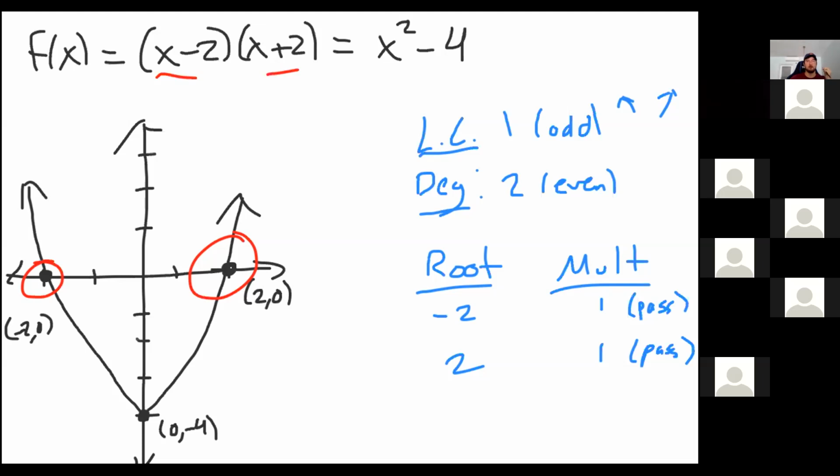All right, so go to Poll Everywhere. This is kind of the combination of all of the stuff that we just talked about today. This time I'm giving you a cubic function. So it is the function x cubed minus x squared minus x plus 1. So the function is f of x equals x cubed minus x squared plus x, or minus x, sorry,